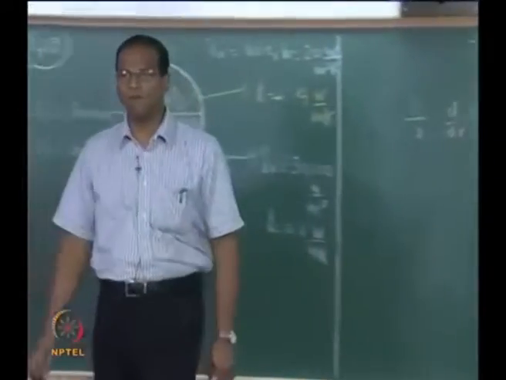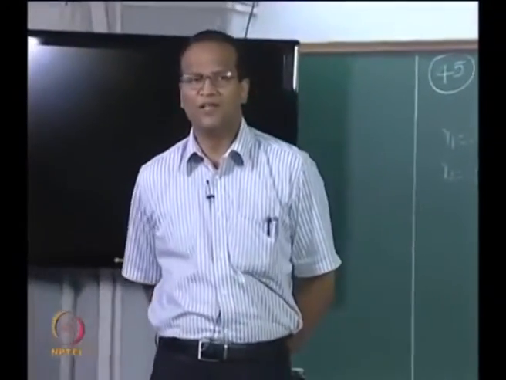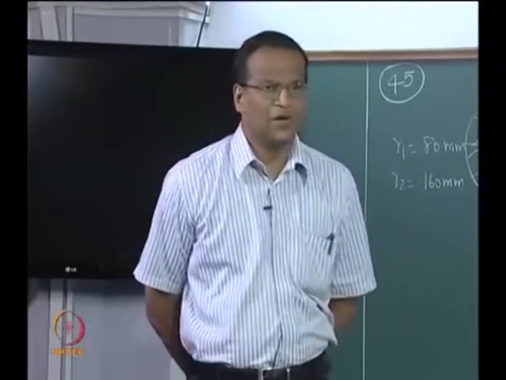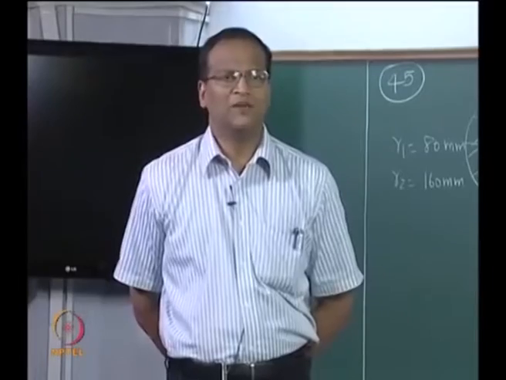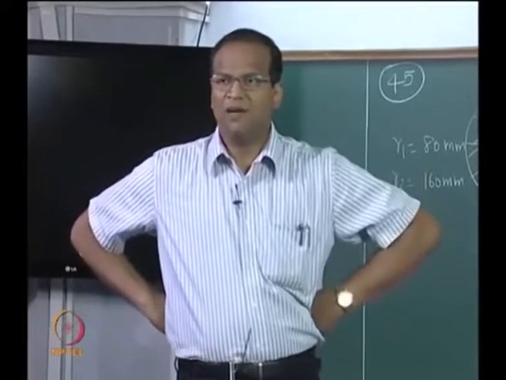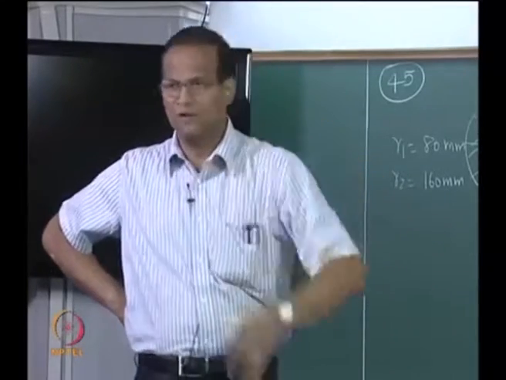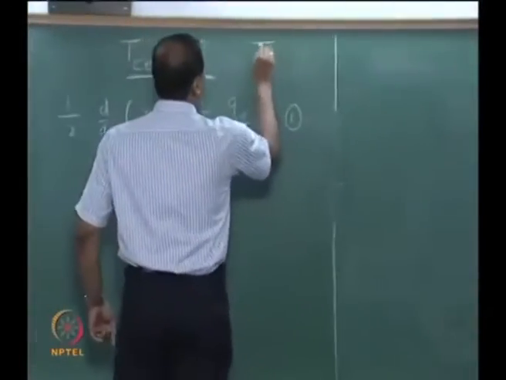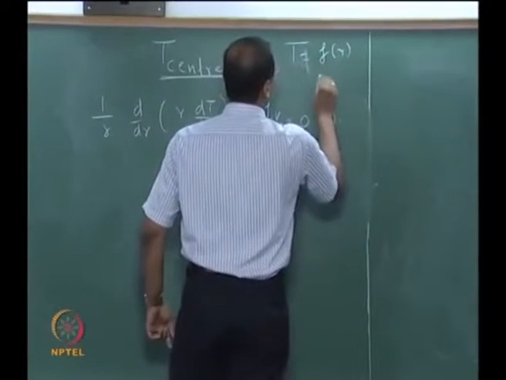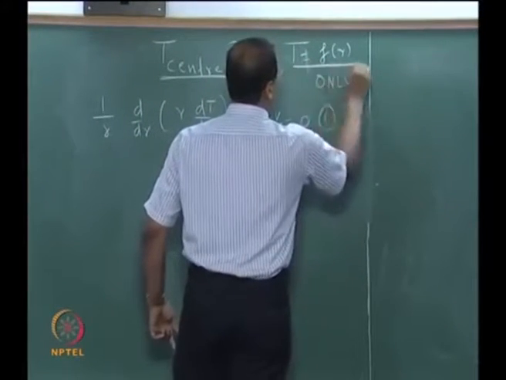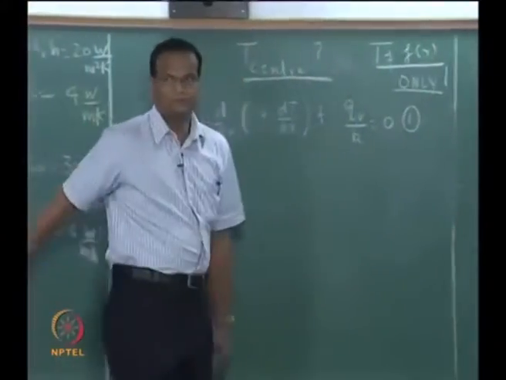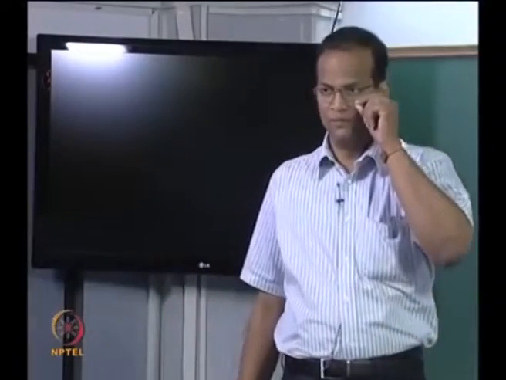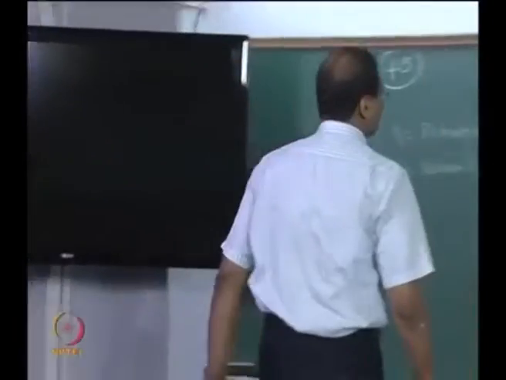Correct. You can get the general governing equation and remove all the unnecessary terms. Unnecessary terms are rho Cp dT by d tau, d squared T by dz squared, and d squared T by d theta squared. Those terms are all gone because T is a function of r only. That is the important point. Now we have to get the solution to this.